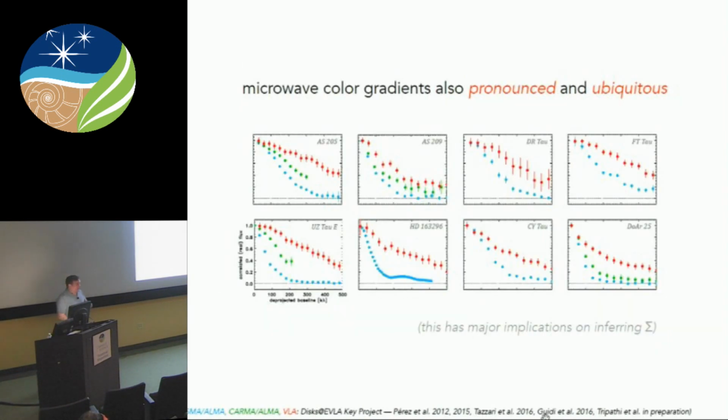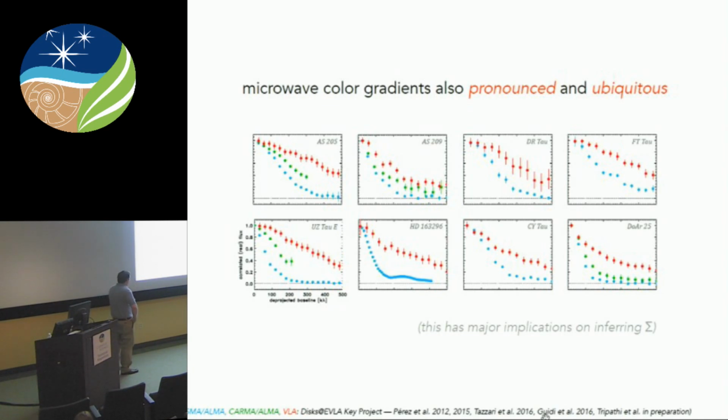I would say that these millimeter color gradients, just in the continuum at different wavelengths, are a much more direct measurement. There's no real explanation of them aside from the growth and migration of solids. There's no other alternative. I will say that is the standard interpretation. And I will get back to a variant of that at the very end, which we're just grappling with. But these are also pretty pronounced. These are all the visibility profiles of different things. And you see them everywhere.